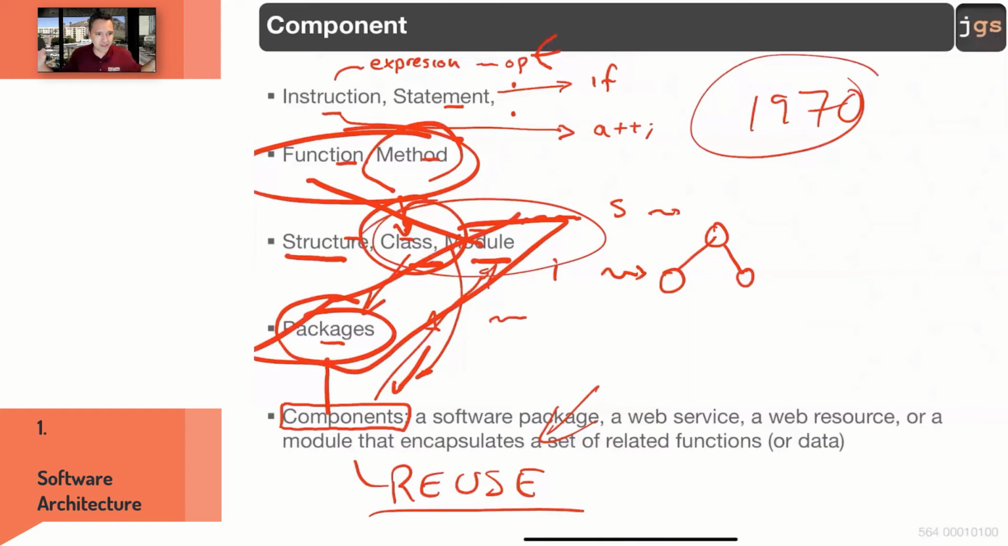So the difference is because we're talking about 40 years. So the size of the software is kind of a little bit bigger today. So we move module in structural to package instead of class. Good? Okay. So